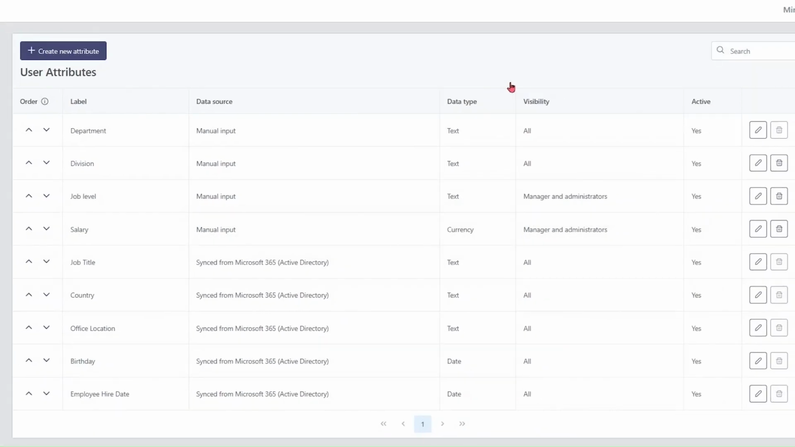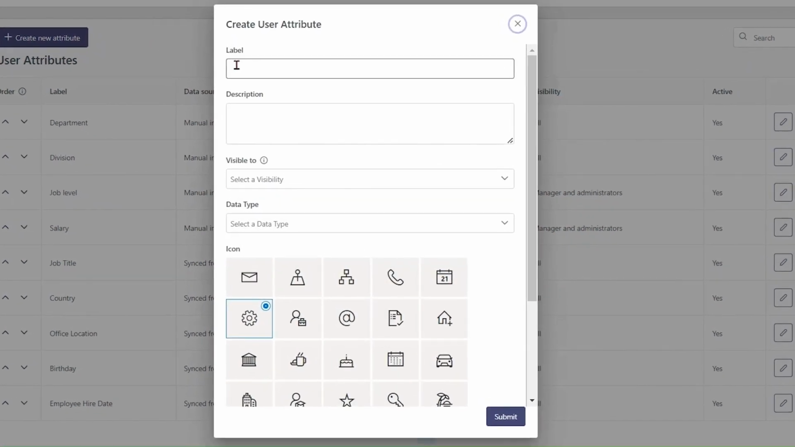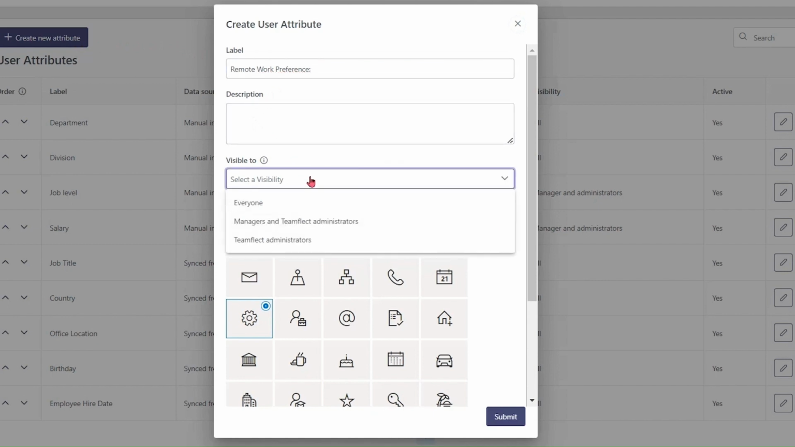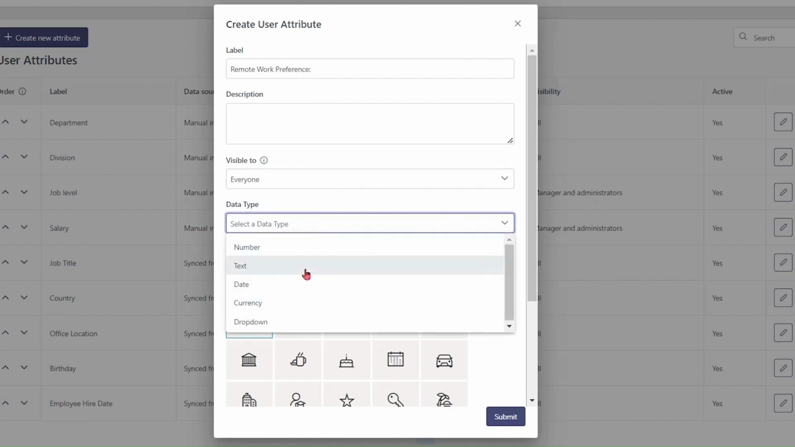So let's create a new user attribute together. I'm clicking the Create New Attribute button and putting in a label. So this will be Remote Work Preference. If I want to, I can add a description. I can adjust its visibility right here. Will it be visible to everyone, managers or administrators, or just Teamflect admins? So this can be visible to everyone. We're selecting a data type,